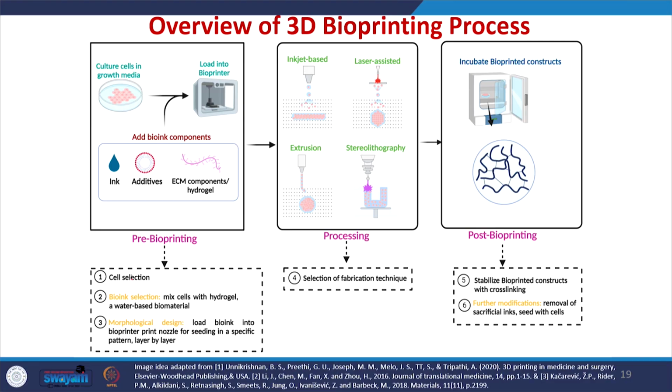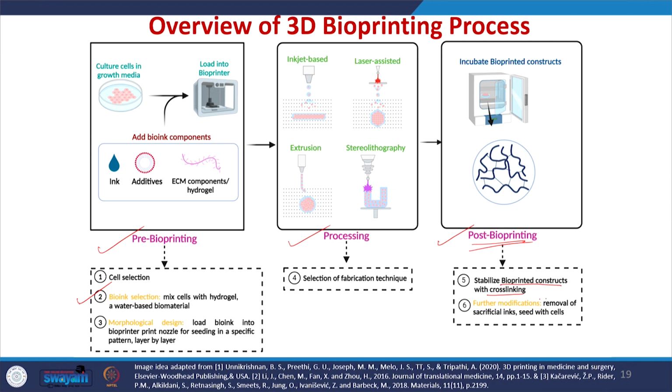Let us see the overview of the 3D bioprinting process. The first step is pre-bioprinting. In this step, we will be selecting the right bio ink, depending on your final application, and the second step is the processing. Here we will be selecting the suitable 3D bioprinter and printing the particular tissue. And the third step, once you have printed the tissue, is post bioprinting, where you will be stabilizing the bioprinted construct with cross linking,